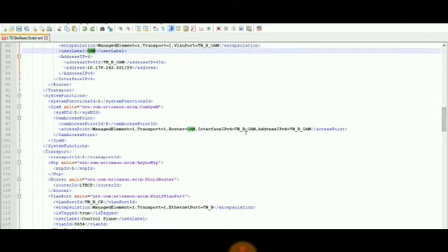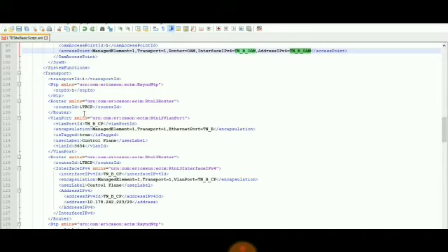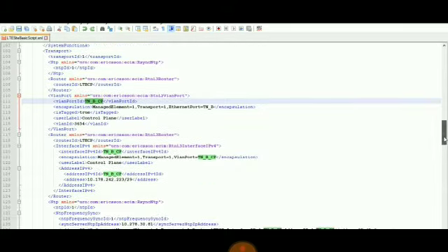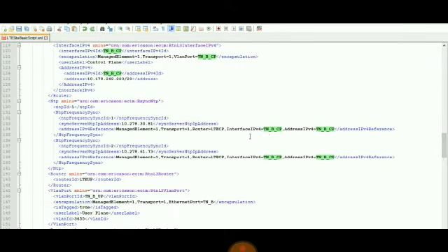Suppose if you want to change the traffic port configuration to T and C, it means you have to replace the T and B with T and C throughout the basic script. Here LTE CP means LTE control plane. Here also you have to replace the T and C in place of T and B Ethernet traffic port. 3654 is a VLAN ID for the control plane. Here also T and B should be replaced with T and C of control plane.